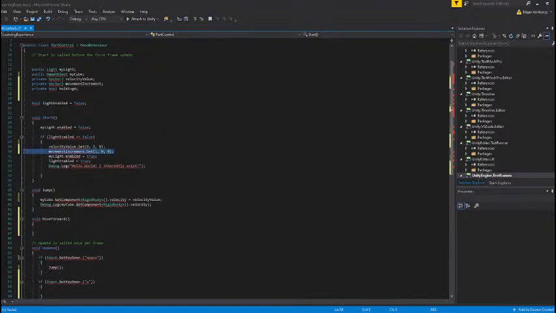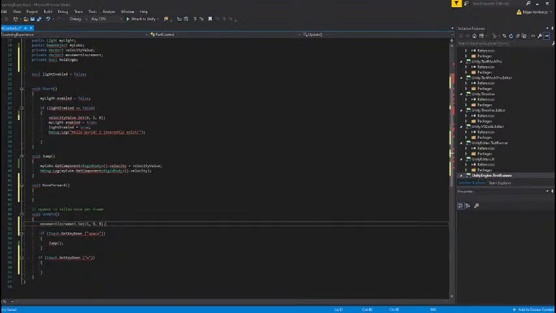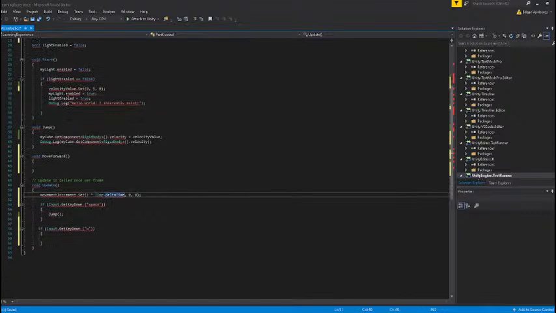I'll just set it inside of the update function, and that should be multiplied by time dot delta time. And while holding W,